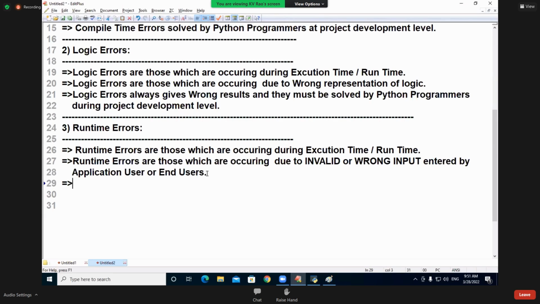In different places, definitely one execution component will be there. Whenever you enter wrong input, by default it gives a message which is not understandable by the end users, which we can call technical error messages.